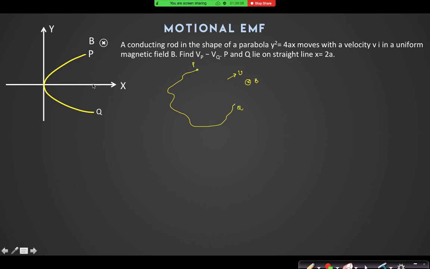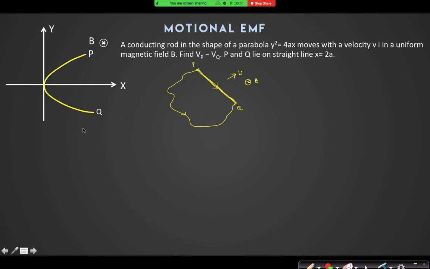Then we just take the displacement length inside PQ, yes sir. Can you tell me why? Sir, integration of dl. Yes. Why do you always think about integration? Another very simple logic, sir, is projection. If this is a closed loop and it is moving with a velocity in a uniform magnetic field, is there any flux change in that closed loop? No, sir. So what is the total EMF induced in that loop? Zero.